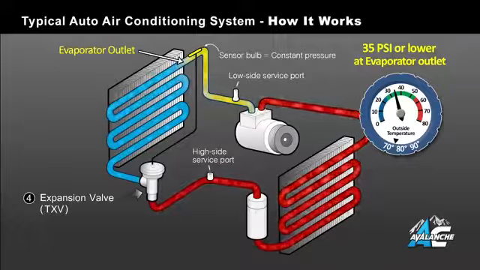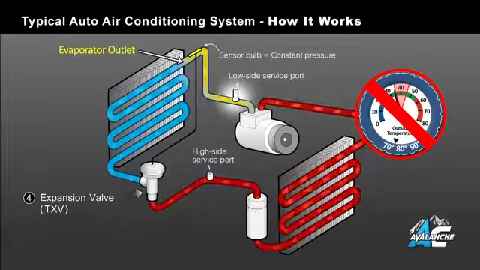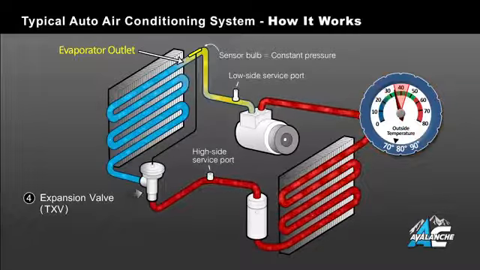If this pressure level is below the gauge's established correct fill, which is typically over 35 psi, even though the system is fully charged, adding additional refrigerant will not show on the low side pressure gauge, but will build up on the high side and can only be measured using a high side gauge. In these cases, using only a low side gauge can potentially cause too much refrigerant to be added and result in damage to the compressor or other